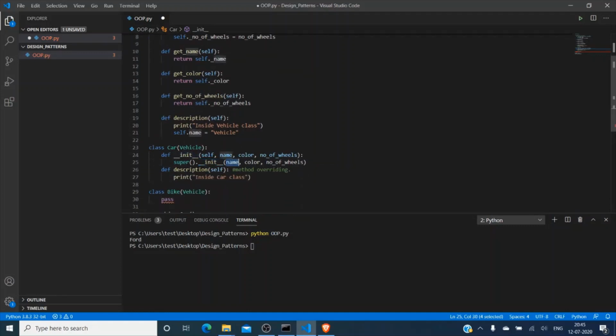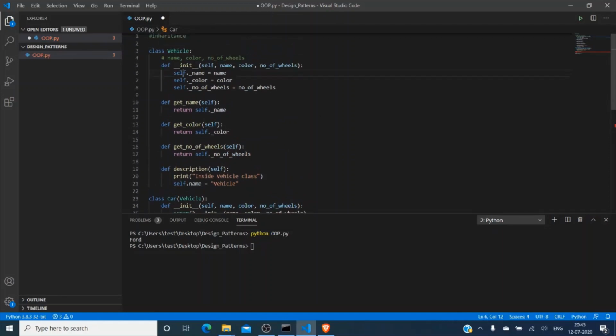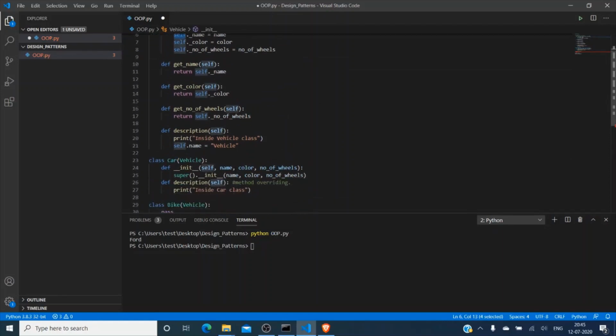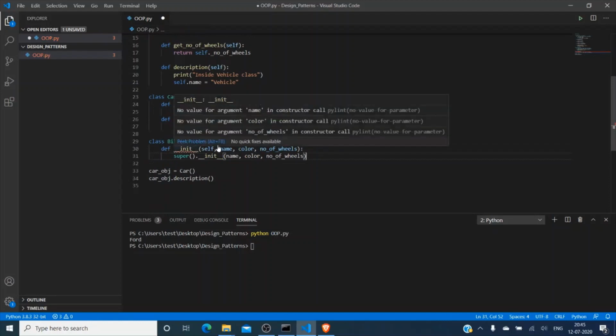So now whenever these parameters are passed for the car object, this will be set based on the parent's initializer. So here I can do this, and same way I can add initializer to bike class as well.